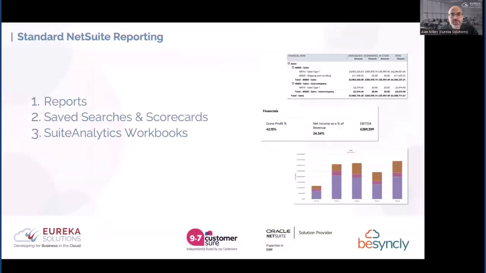So standard NetSuite reports, these are all available to every NetSuite user out of the box, regardless of the version or edition that you're using. Every NetSuite customer has access to the reporting engine, saved searches, the scorecards that can be built as part of them, and also the SuiteAnalytics workbook feature, which I think is probably underused. We did do a session similar to this specifically on the analytics workbooks, and may do that again as a follow-up because it is quite a good